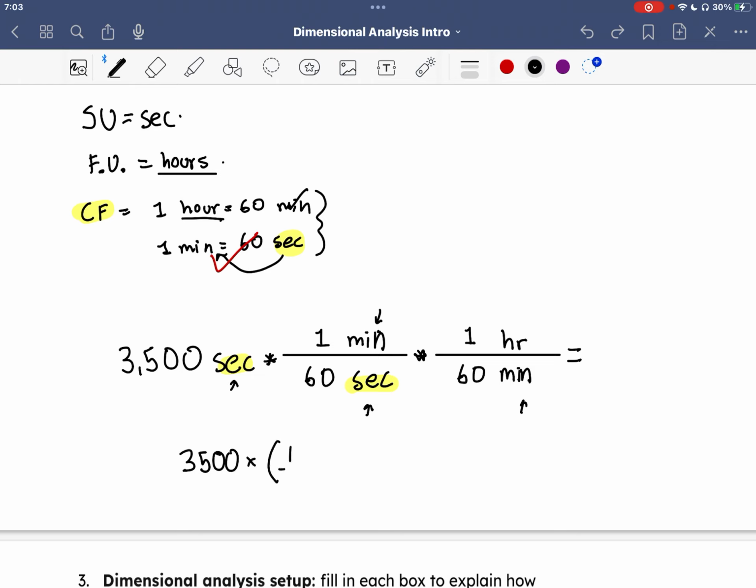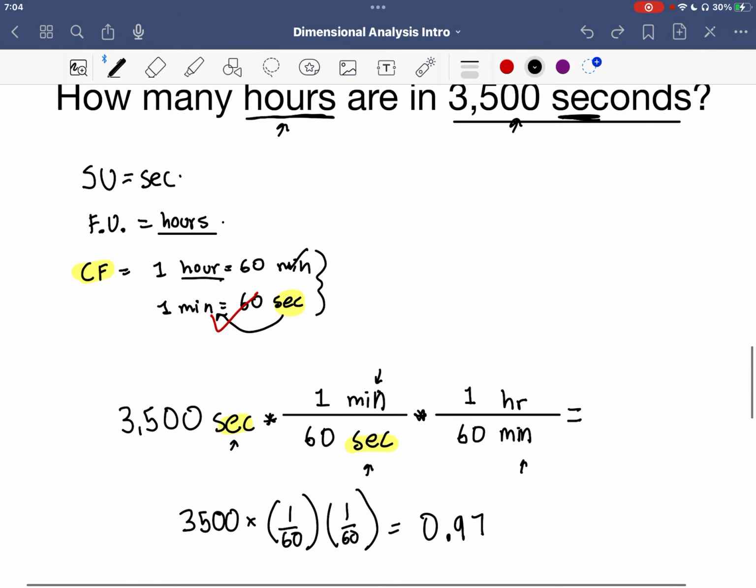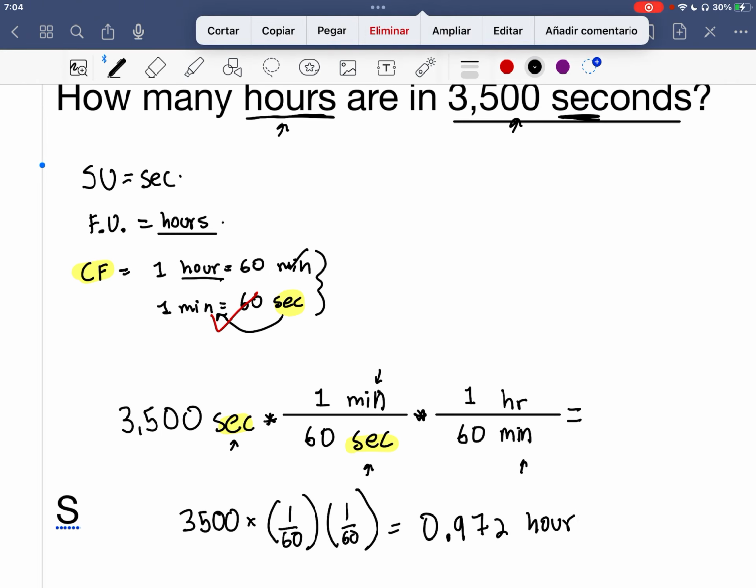3,500 times 1 over 60 times 1 over 60 again is going to give me, I'm going to throw that into my calculator, and I put it in just like I've written it here, with parentheses, and putting it all into one line in my calculator. And I get the answer, 0.972 hours. So 3,500 seconds is the same as